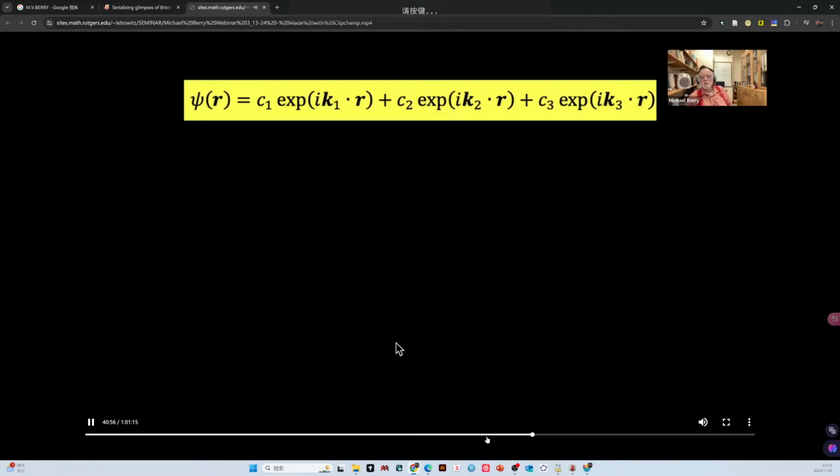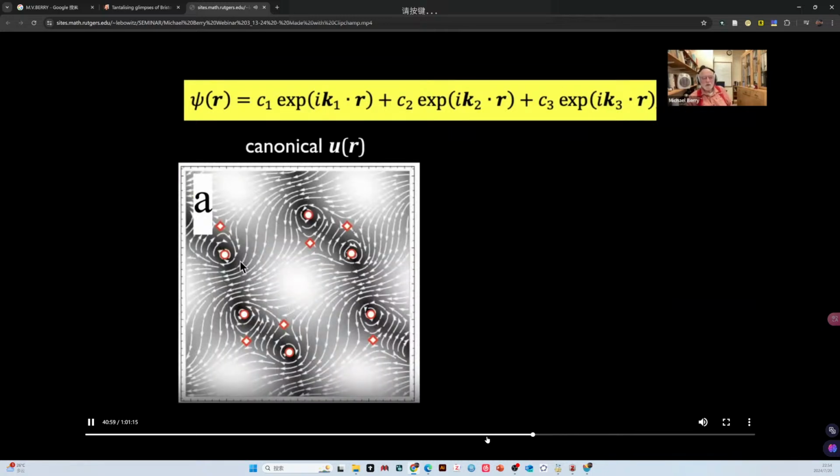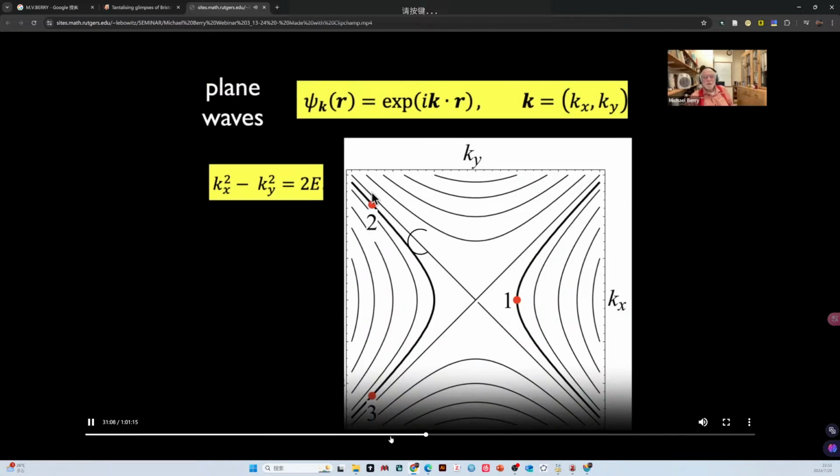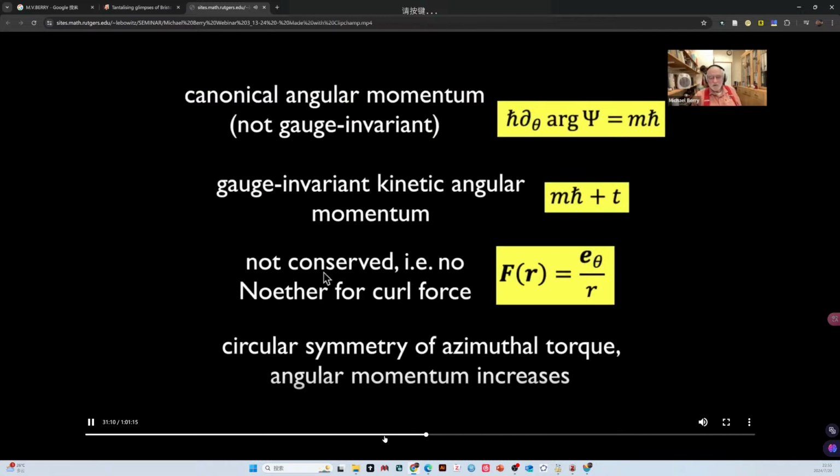So just to show you an example, here are three plane waves, lots of singularities. You've got the canonical streamlines, you have the phase singularities, and you have the vortices. You have the saddle points, and circulating around one, hyperbolic around the other. And with the V, it's the exact opposite. And this arrow here represents the mean kinetic velocity. And you see vaguely a general direction of flowing upwards and to the right. In momentum space, it goes faster and faster around.